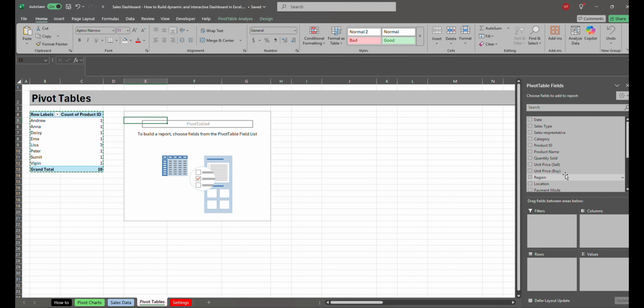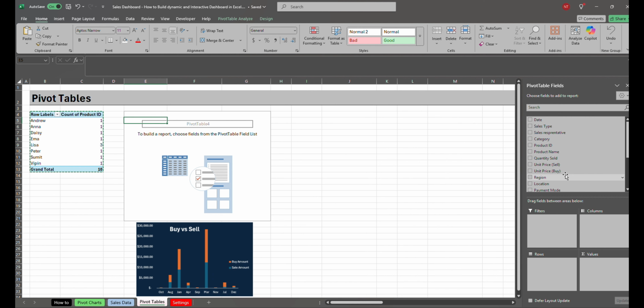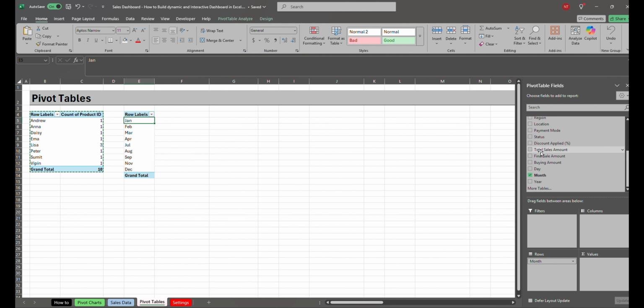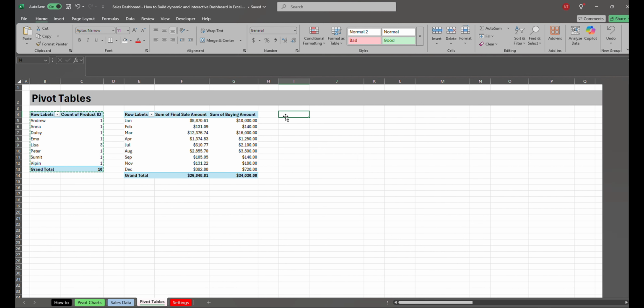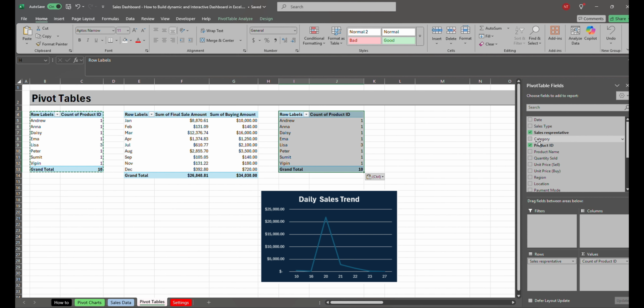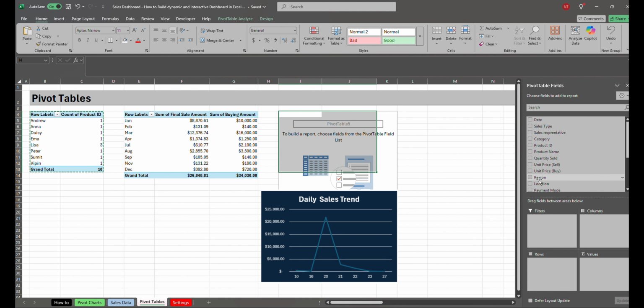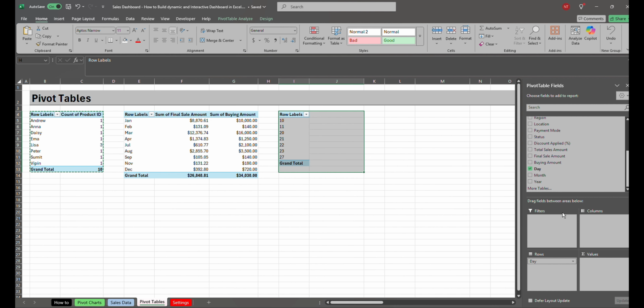where I'm going to show the monthly buy and sell trend. So my month goes in the row section, and the final sale amount and the buying amount goes in the value section. Now daily sales trend. So I'm going to select the day in the row section